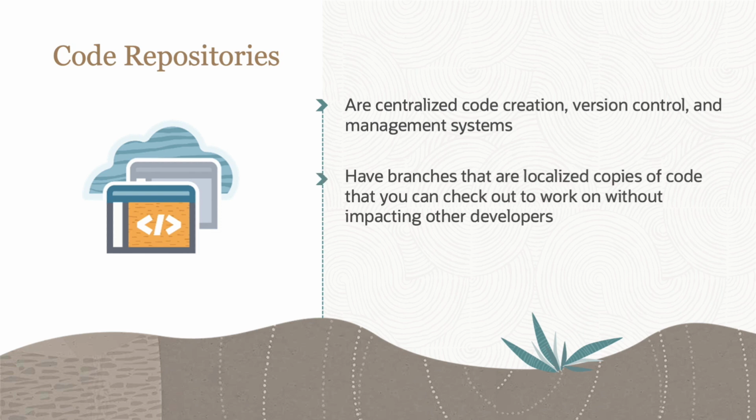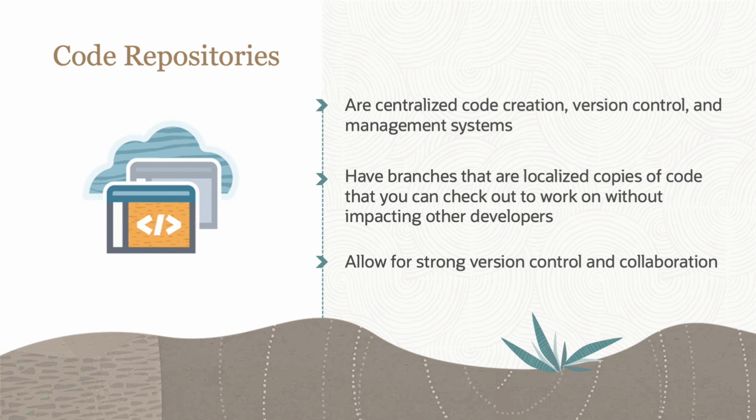Code repository branches are localized copies of code that developers can check out to work on without impacting other developers. This allows multiple users to edit code simultaneously and check their changes before merging them into the main code branch. Code repositories have strong version control and collaboration capabilities that are critical for DevOps because DevOps workflows include frequent